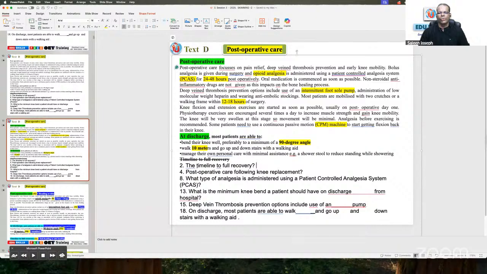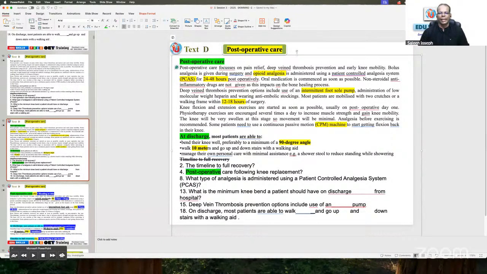Here, what you are supposed to do, for questions 2 and 4, is identify the paragraph. Already we have taken only one paragraph, but we are looking for the clue. What is the clue? Post-operative care is for the timeline to full recovery. Which paragraph? Immediately, post-operative care is the heading. That's why we have to look at the heading. In a fraction of a second, as you read, you will understand this is from this